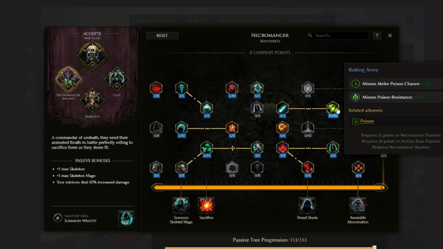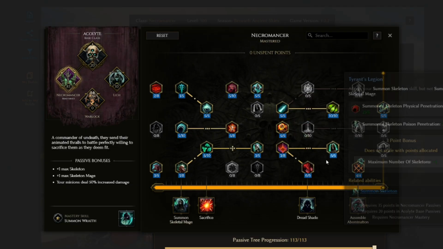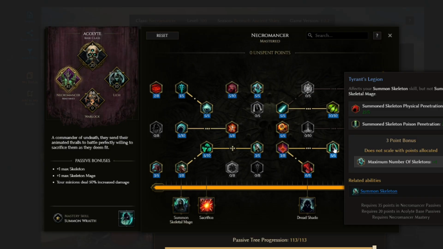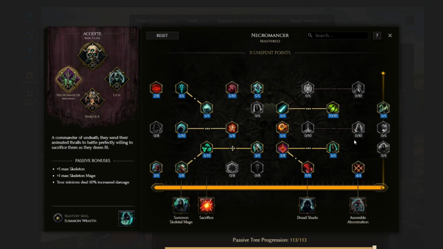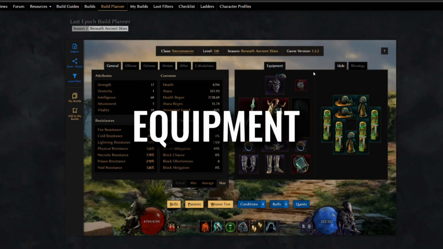And we max out this rotting army to give them the poison chance and poison resistance. And then this for the effigies, and then increase in health. Again here I maximize the vitality, and then here for additional skeleton rogues. And since we have approximately 19 that is active on the field most of the time,